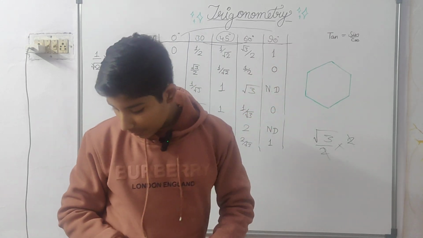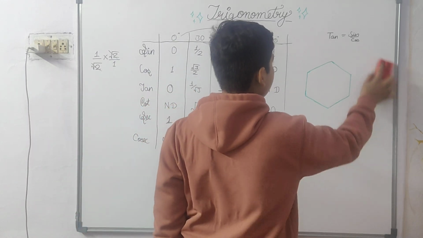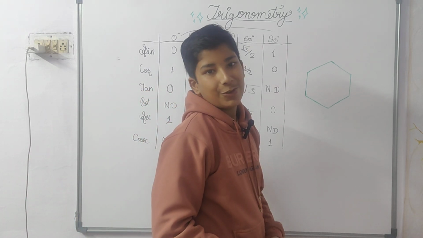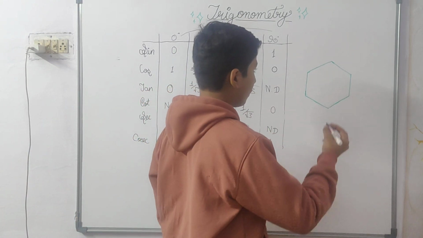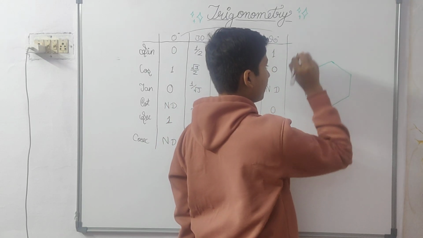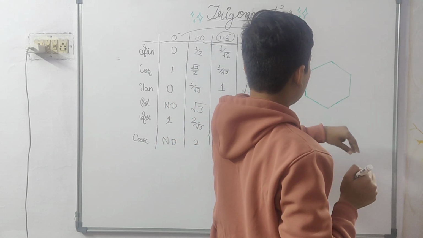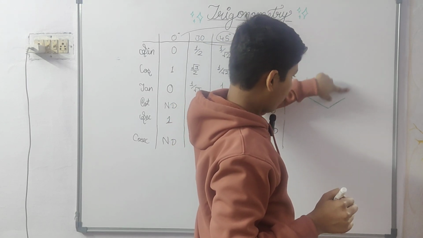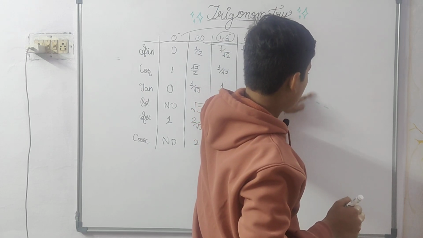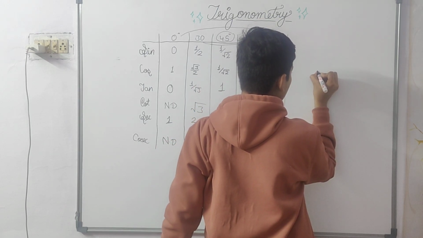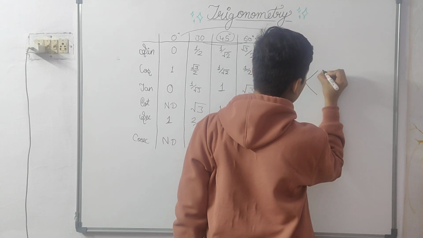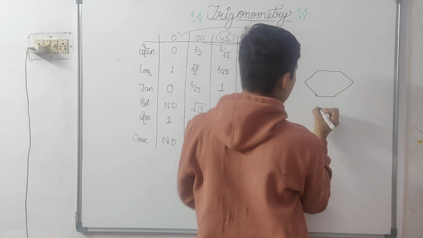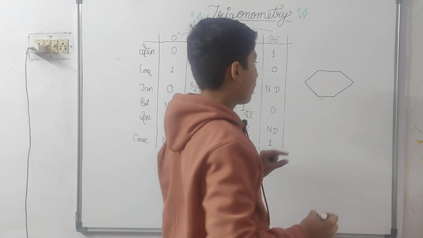Now, firstly we'll see this one. What is this? This is a hexagon. You all know. But the main thing about it. Firstly, we'll write. Wait, there's something confusing. I made this wrong. Its shape will be changed. This will be like this, and this will be like this. See, we'll just require the corners.